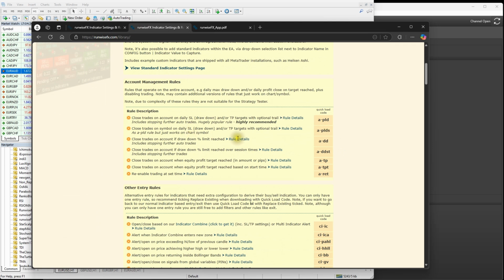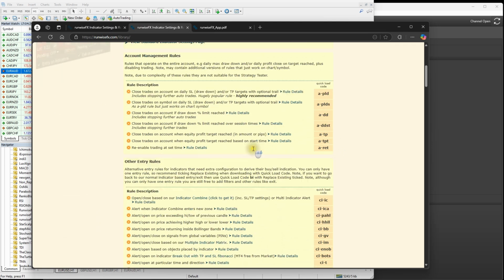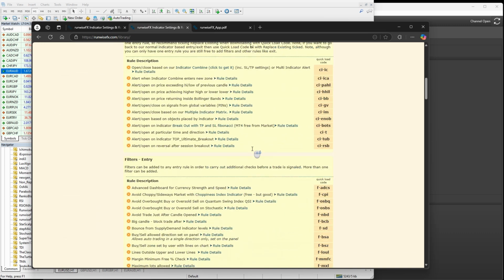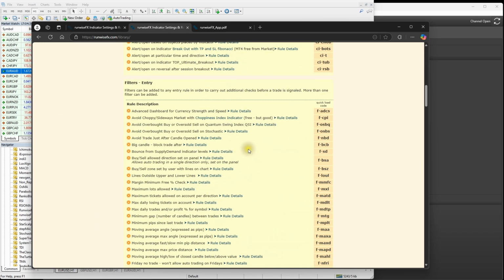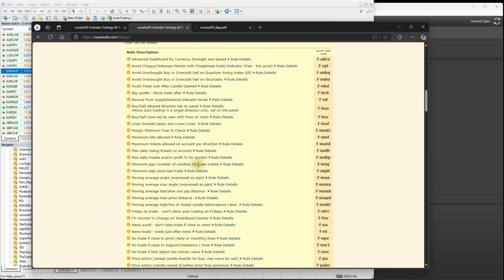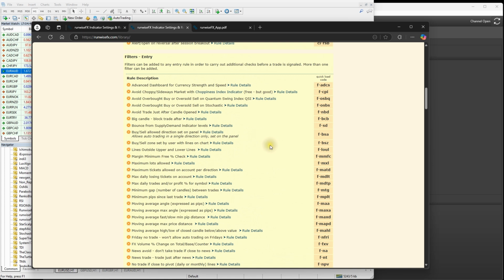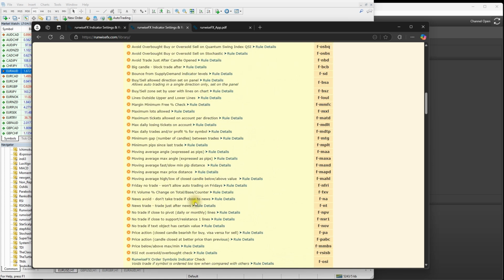So we've got some great account management rules where you can have daily take profit or drawdown limits. All our filters where you can get it to not trade straight after a big candle, and you can control the gaps between the trades and maximum daily losing tickets allowed. There's just lots of great filters, and also not opening a trade just before a news event as well, which can be a good idea